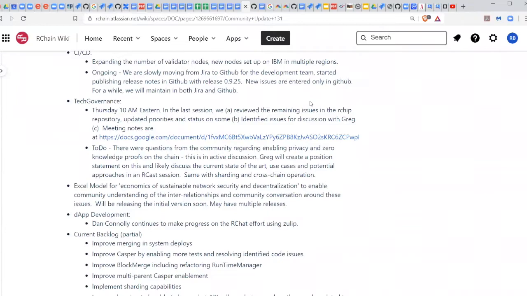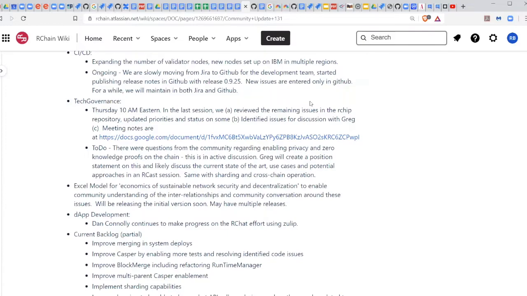As it turns out, many of the early issues that the development team at the time put in the RChain repository, some 7 or so issues, all relate to network security. Kind of how many validators do you need per X number of blocks? How much stake do you need per X number of blocks? Things like that that were not resolved. So those all tie into, in general, the conversation about network security